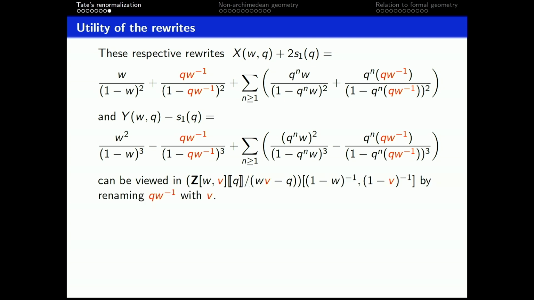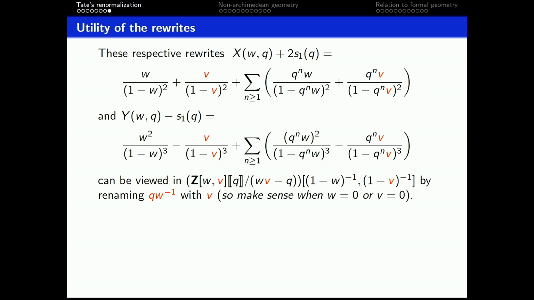And so what we can do is regard that as an independent variable v subject to this relation, and then we want to make that substitution. Okay? So now we have these interesting series expansions which have mild polar parts, but interestingly, when written in this form, the modified x and y also makes sense when w or v are equal to 0. Okay? So this will be very useful for us later when we come back to something called the Raynaud approach